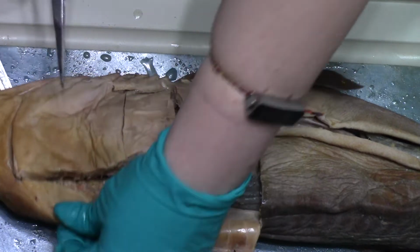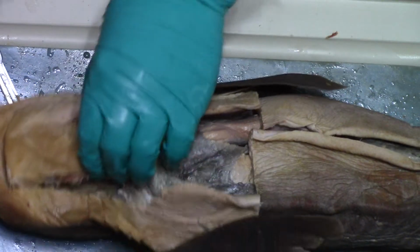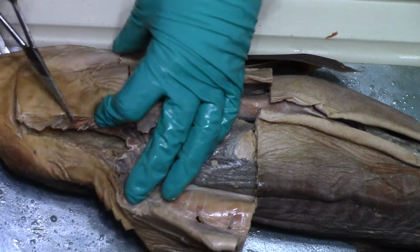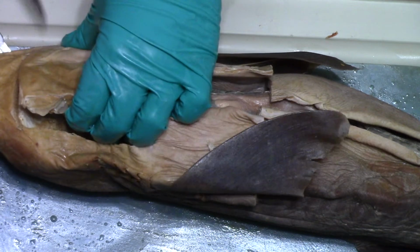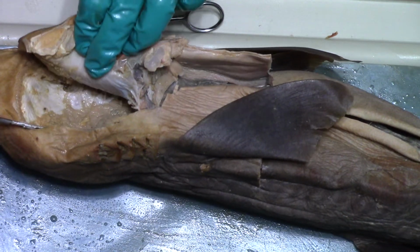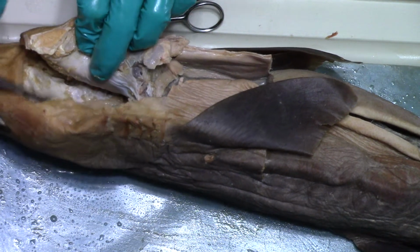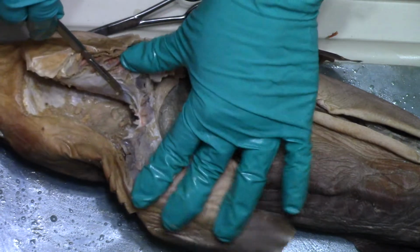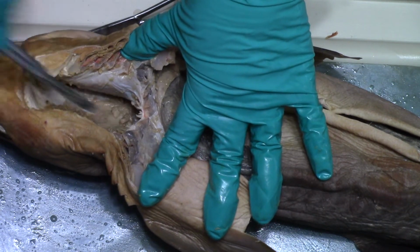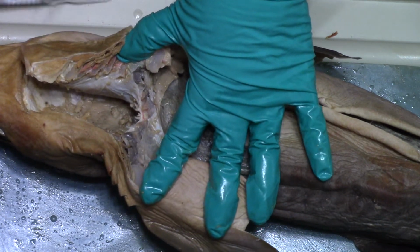So you can see the gills there. Oh, you can't see. You can see the gills in there. And this is the oral cavity. This is the tongue up here that I'm touching with my middle finger, the top of his roof of his mouth. You can kind of see these little hairs down in here. That's going down the esophagus. So I'm trying to cut through